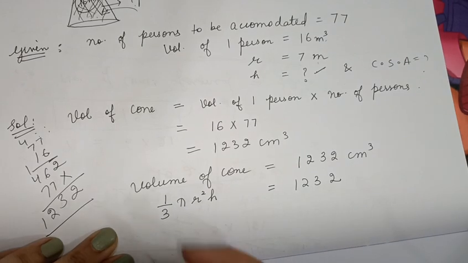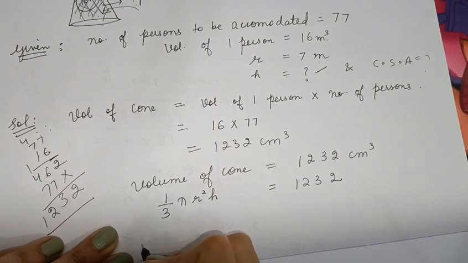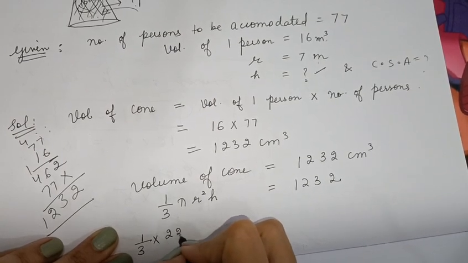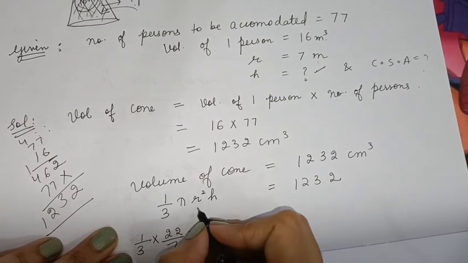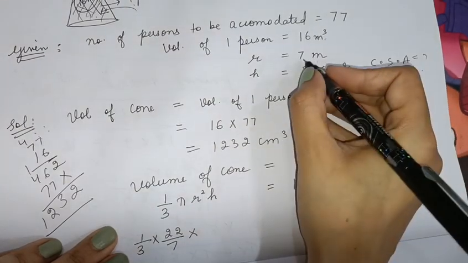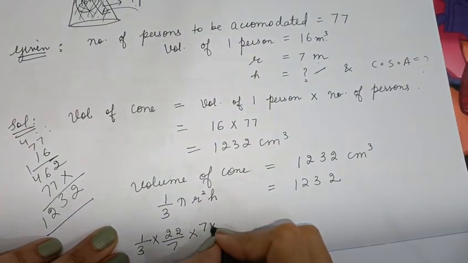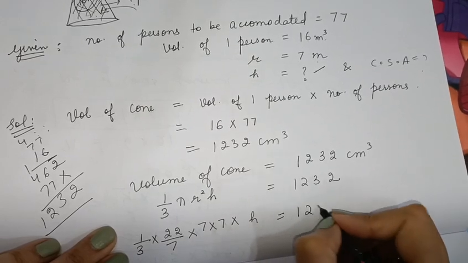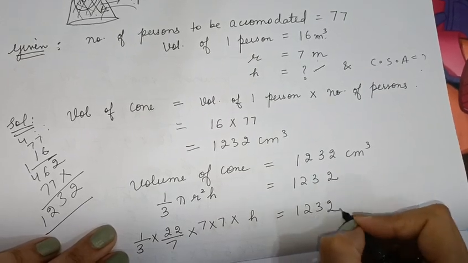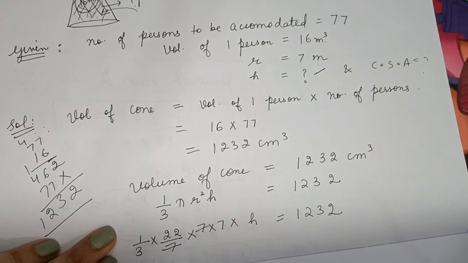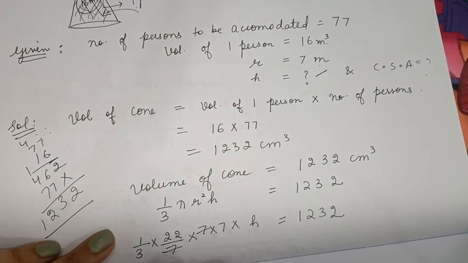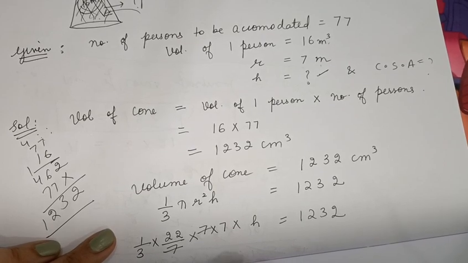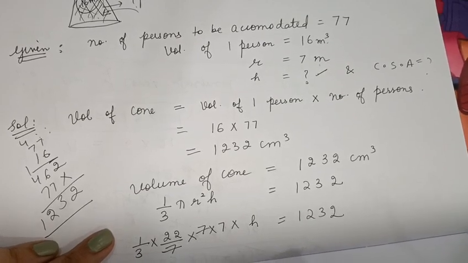1/3 π r², let's substitute all the values. 1/3 into π is 22/7, r² — r's value is given to us, that is 7 meter. 7 into 7, height we have to find, 1232. Now this 7 and 7 can be cancelled, so what is left behind? 1/3 into 22 into 7 into h is equal to